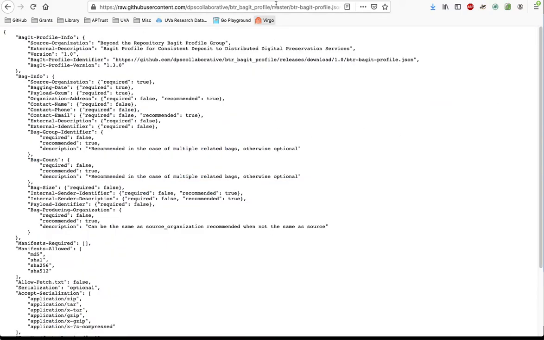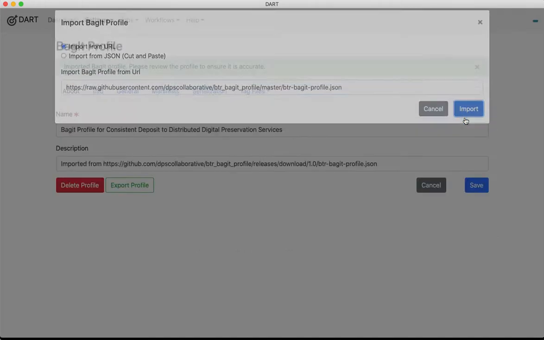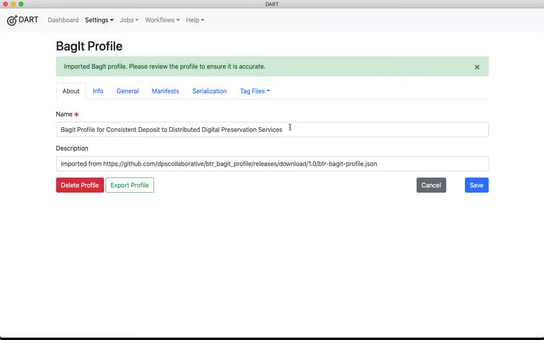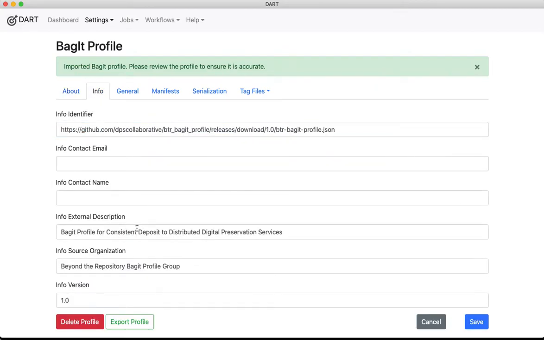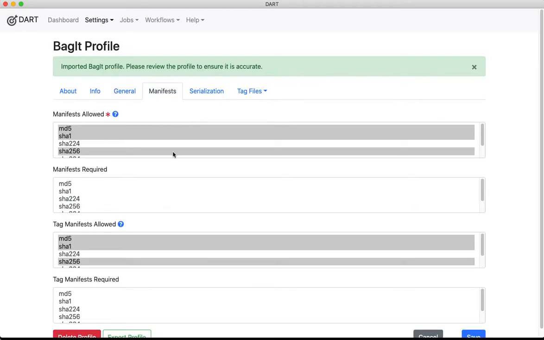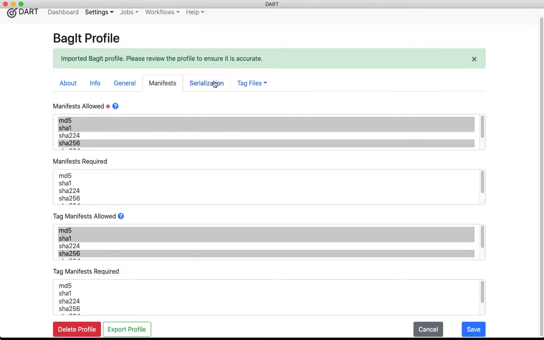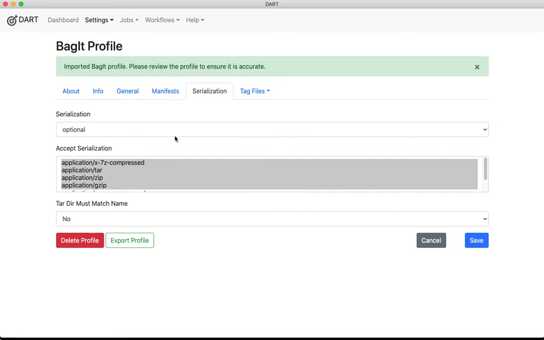If I get the URL for the raw JSON, copy it and paste it in here, I can import it, and you see the BagIt profile information: what BagIt versions are allowed, the fact that fetch text is not allowed, which manifest algorithms are allowed and required, the serialization rules.